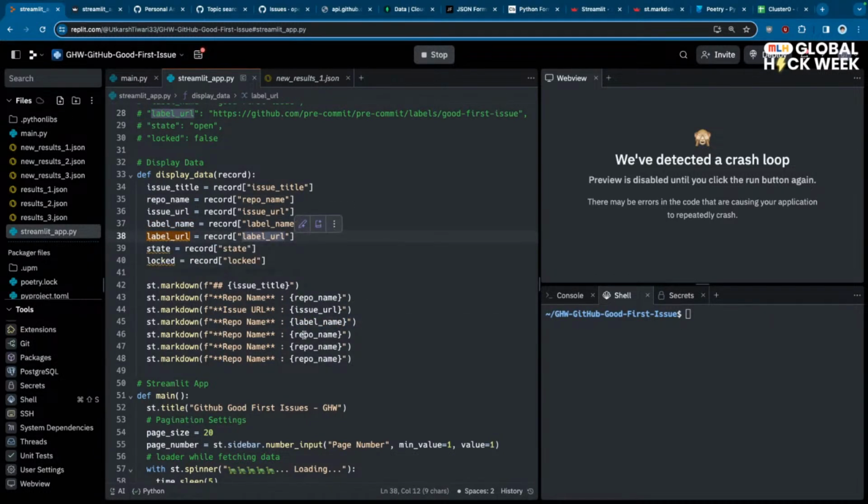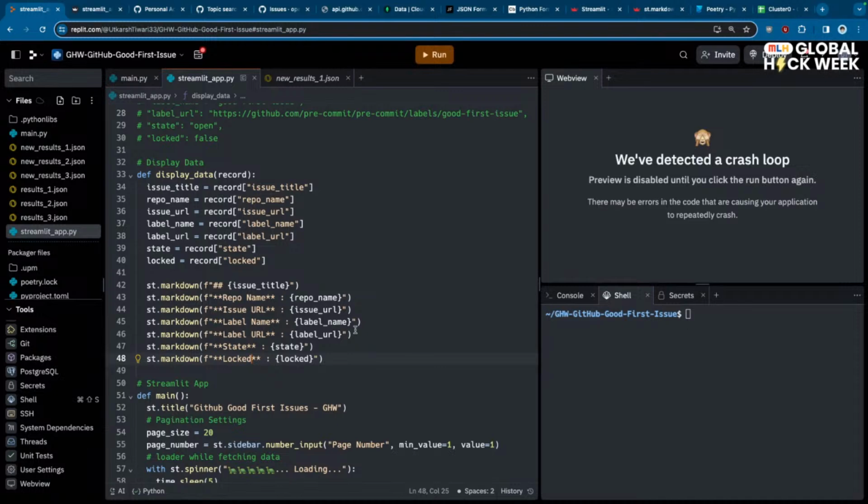Label name, label URL. Copy that, paste it here. State, copy that, paste it here. Locked. And this is going to be label name, label URL, state,